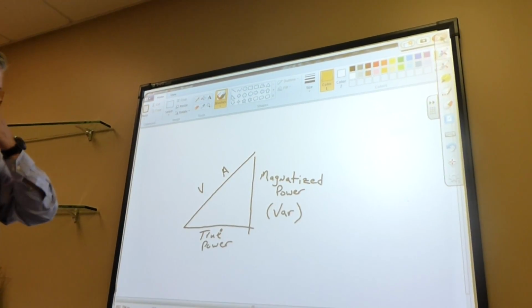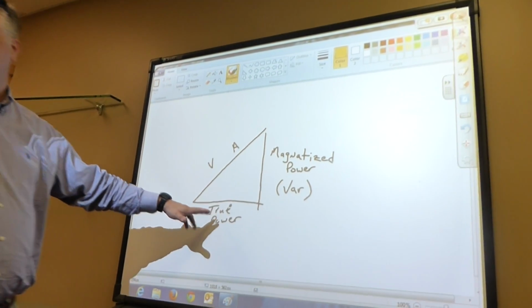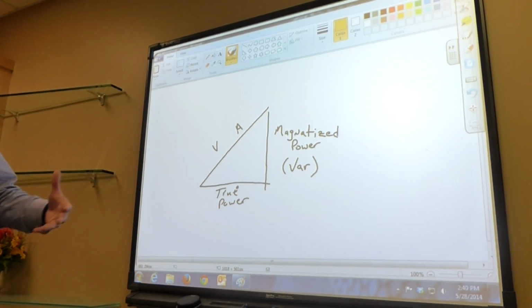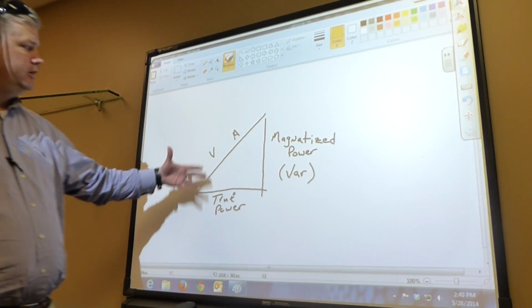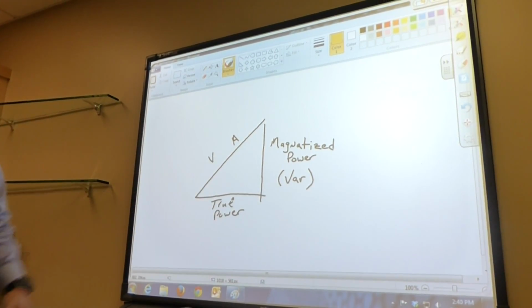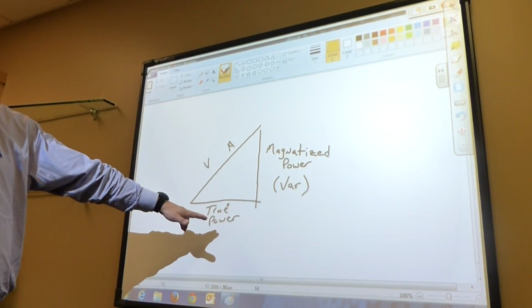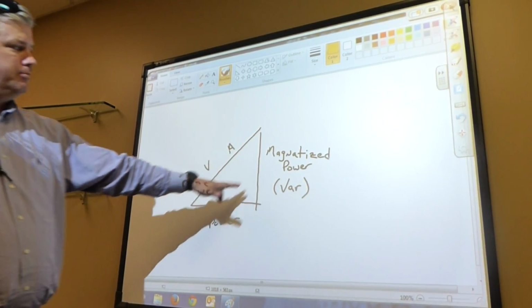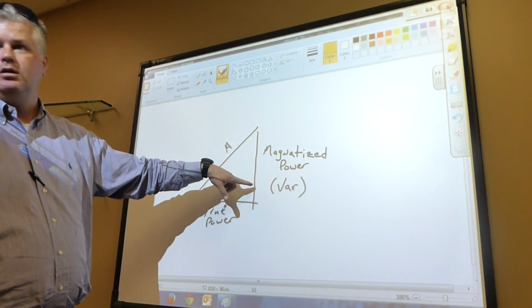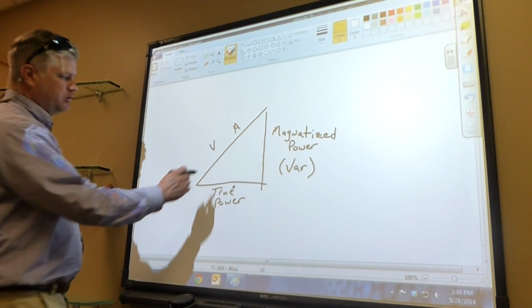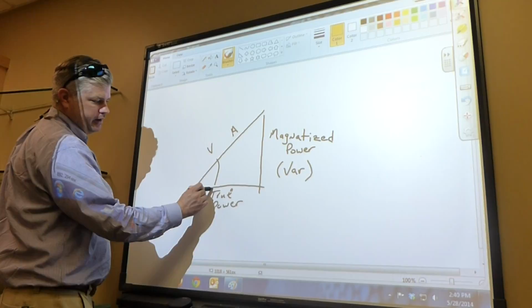All right. So your true power for your generators, motors, what's actually using the power, okay? Your volt amps is the power that's supplied here to make it go, to make it run. Magnetized power is the lost power. So this angle right here,